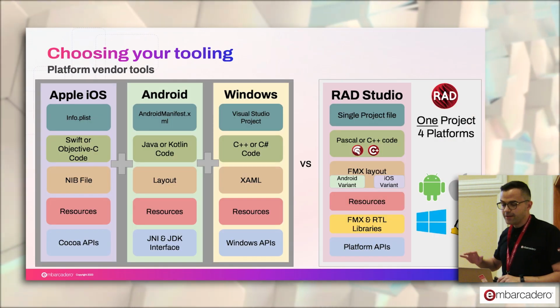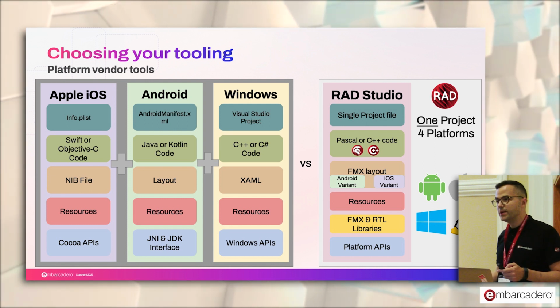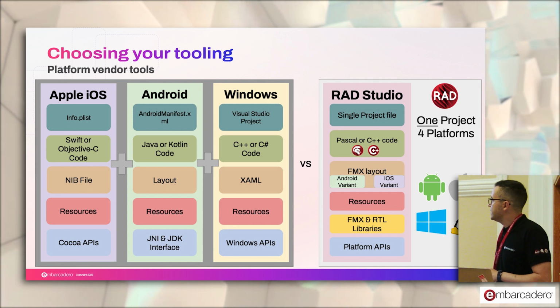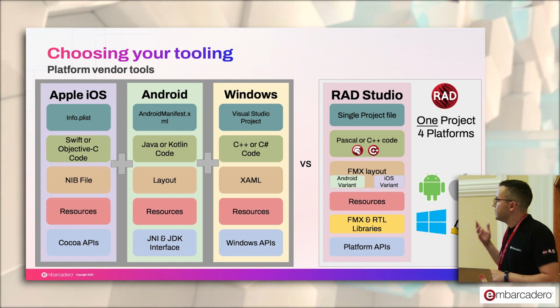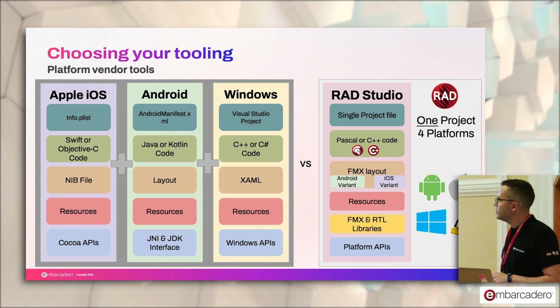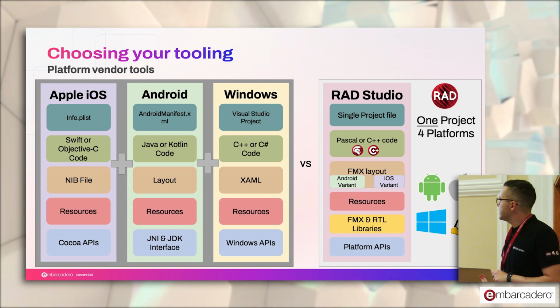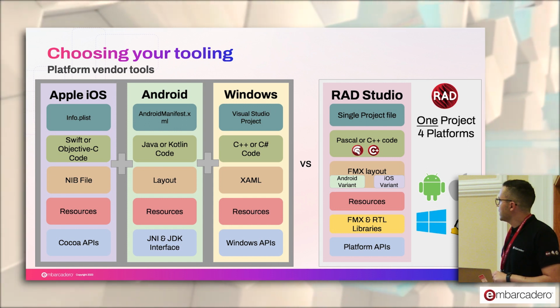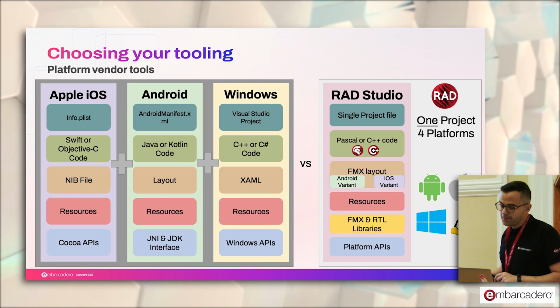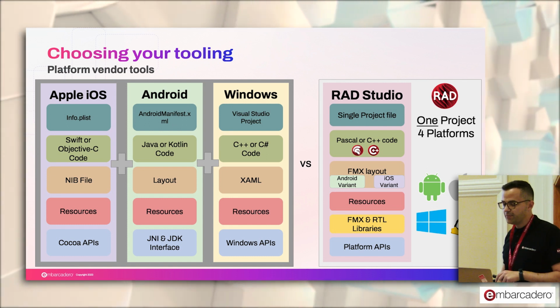Even though this looks a bit complicated, I'm going to go very quickly through it. It's just in case you don't know how FireMonkey works. This is all the development platforms you have for iOS, Android, and Windows, and then you have the multiple layers that lie underneath. Let's stick to the RAD Studio one. So you're going to have just one single project that you can code with Pascal or C++. In this case, let's stick with Pascal.